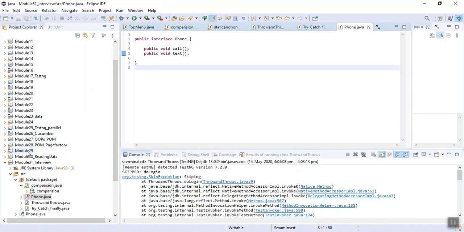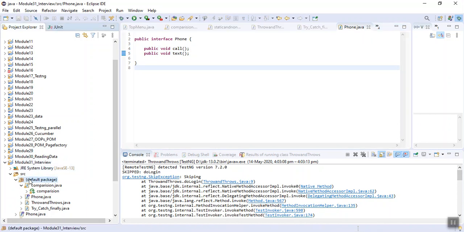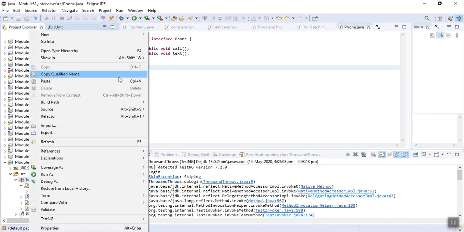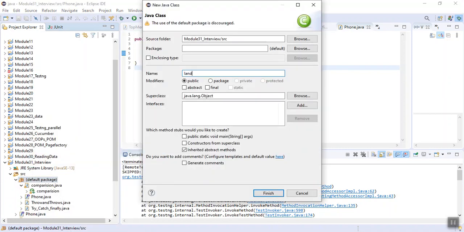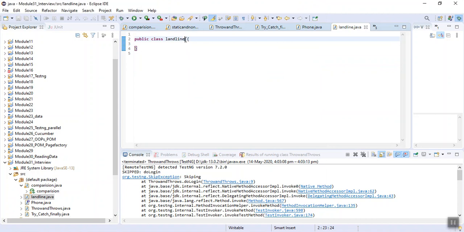Now a phone can be a landline, so I am creating a new class. Phone can be a landline. We have an is-a relationship here. So the Landline class will implement the Phone interface.